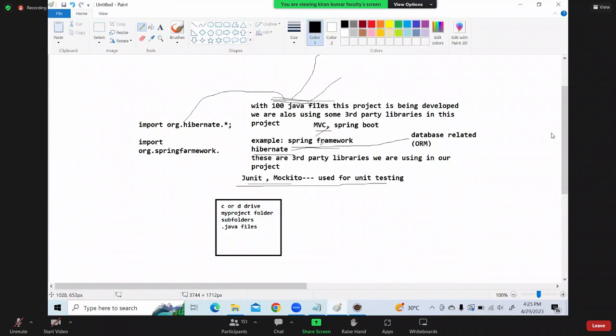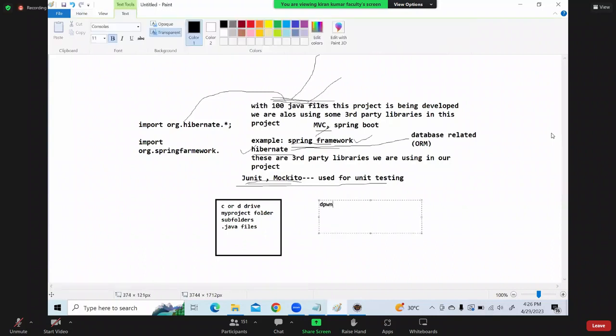what we have to do is download all these third-party libraries also, okay? Whichever project we are using, we have to download them. We have to log into the Spring Framework website, the Hibernate website, the JUnit Mockito website, and all these libraries will have jars. So we need to download all the jars, all the third-party jars,